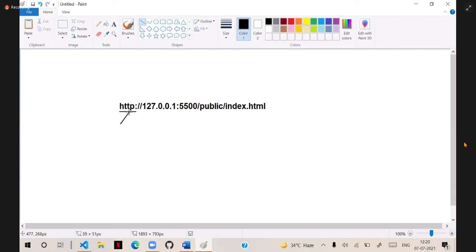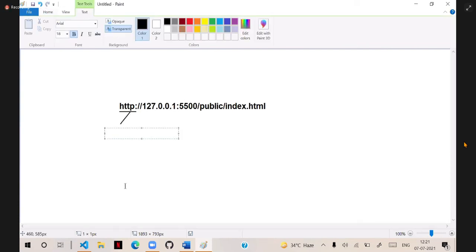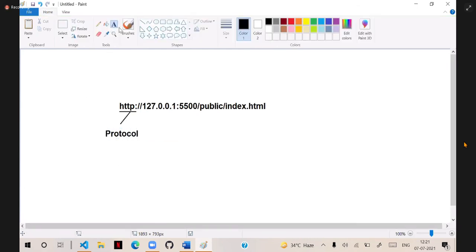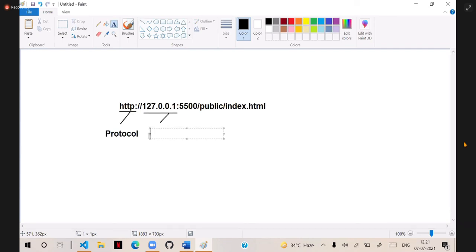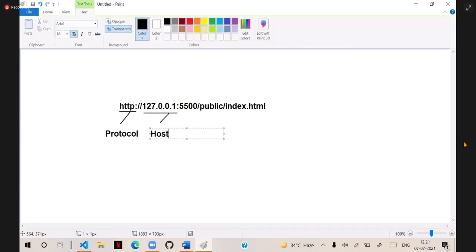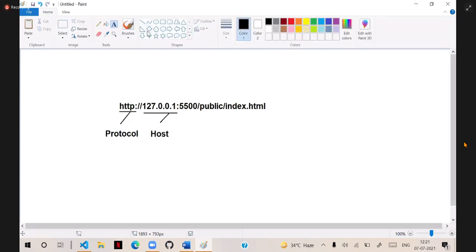We call this as protocol. What is a protocol? We are going to learn. And this is called IP address. Technically, this is called host. Host can be of two types.